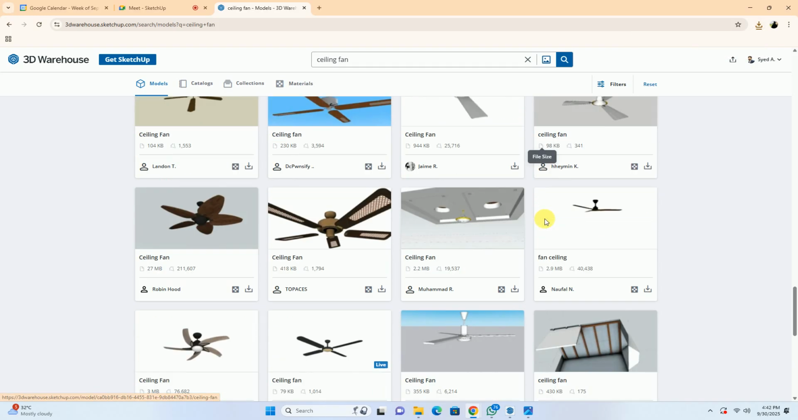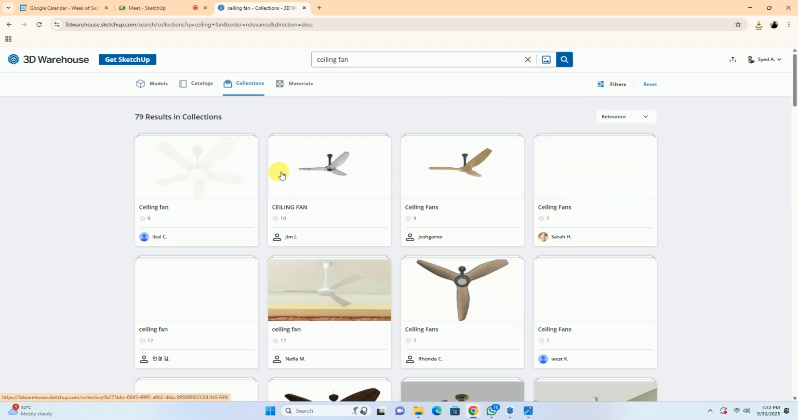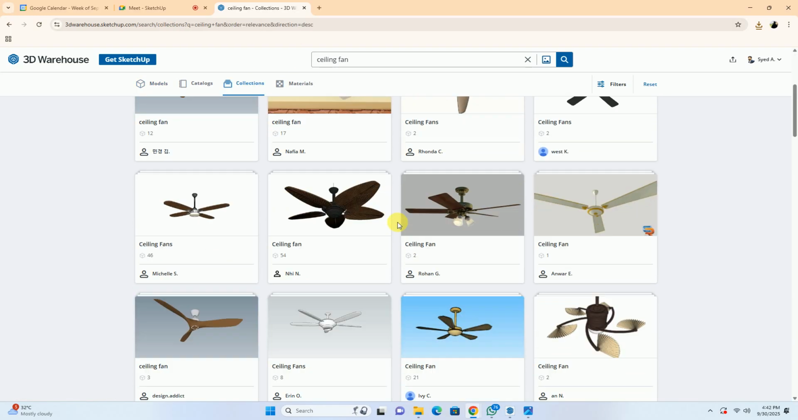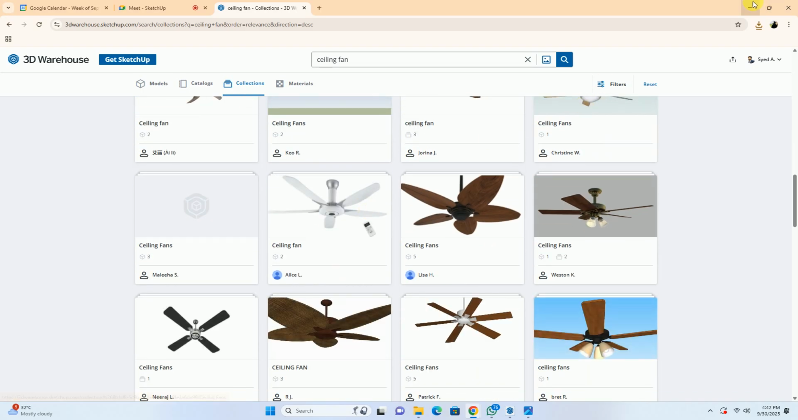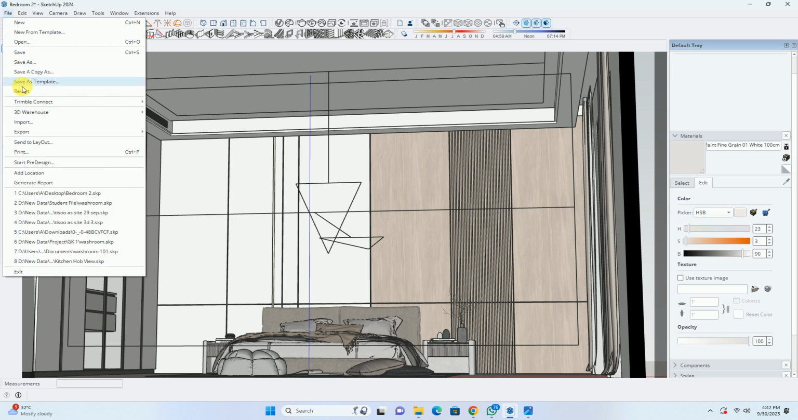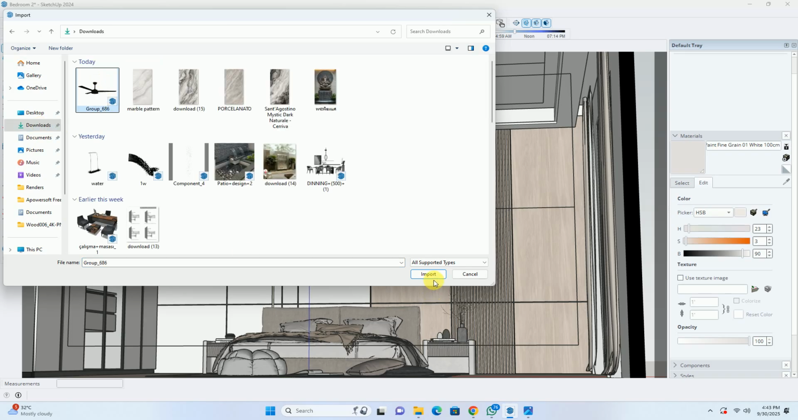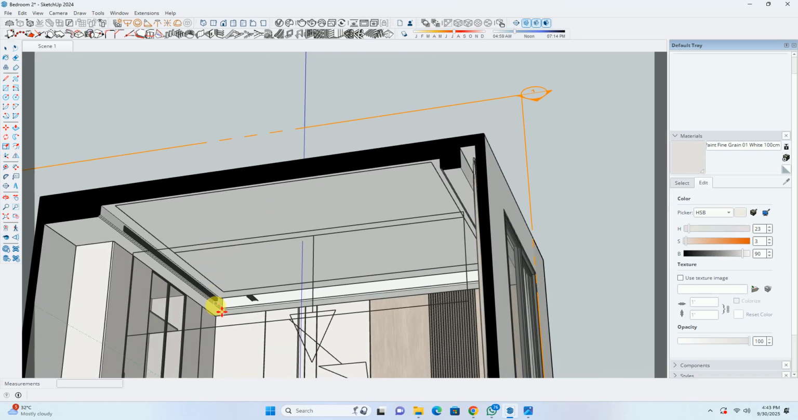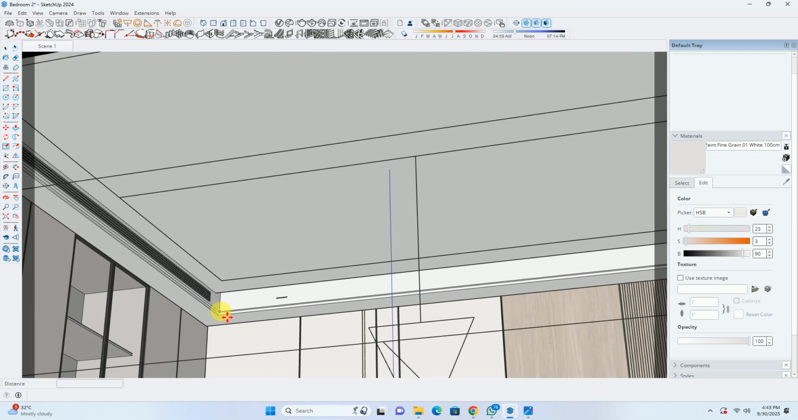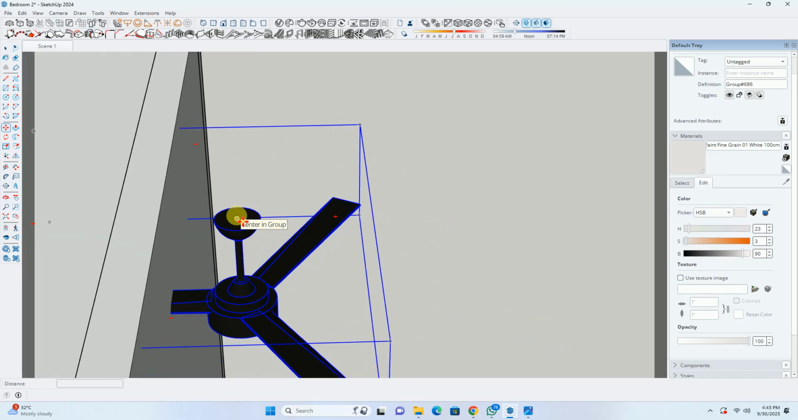Okay, from here I downloaded a fan, and there are multiple fan options. You can download whichever you like. Now we'll go to file, import feature, and we'll go to this download feature command, and we'll import it. And I want to import it at center. So first of all, I'll import it at this point. Then I'll move it from the center point,